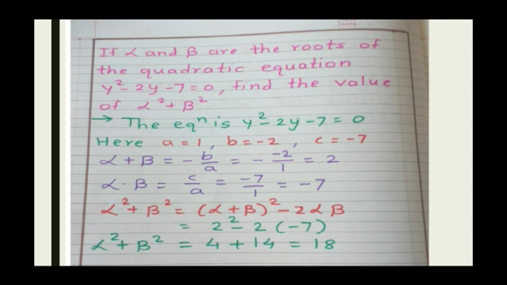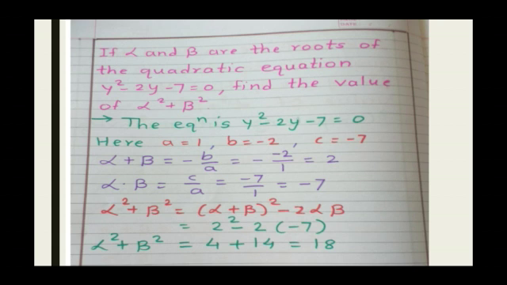But we have to find alpha square plus beta square. Therefore, write alpha square plus beta square is equal to alpha plus beta square minus 2 alpha beta. As we know, when we solve alpha plus beta bracket square, we get alpha square plus beta square plus 2 alpha beta, and then we subtract 2 alpha beta, we get only the terms alpha square plus beta square there. Now put the values there.